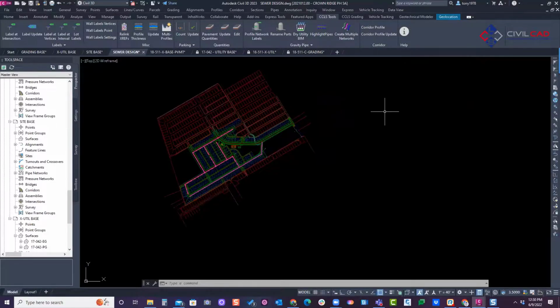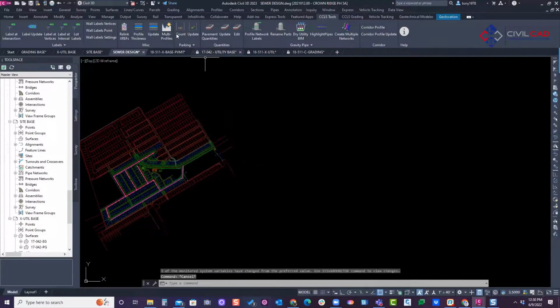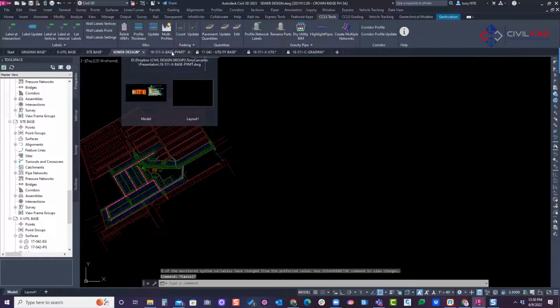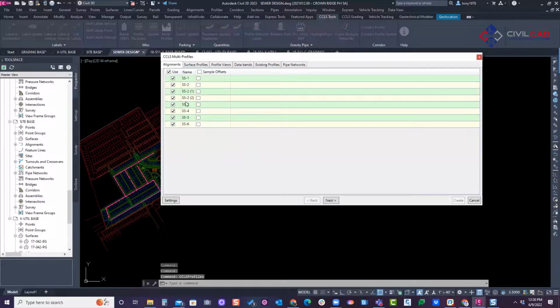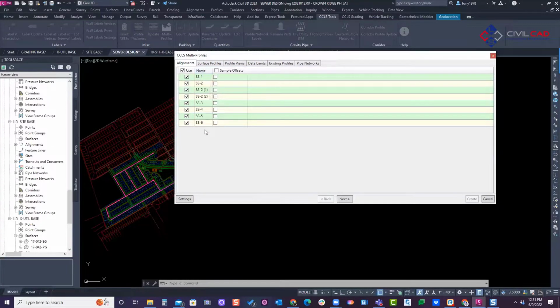Okay, so our other app where it's going to come into play is our multiple profile app. It's another great tool where we can come in, create all our profiles at one time. So let's say profiles, multiple profiles. It sees all our alignments. I look like I may have missed one here. And I want to have a preset. I want it to be smart enough to know which profile style I'm using when I create these profile views